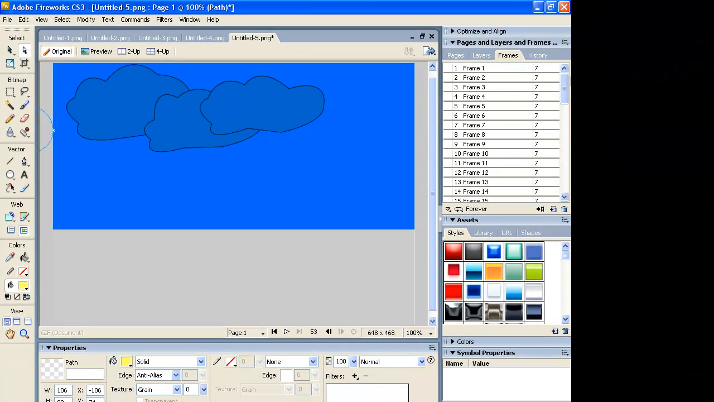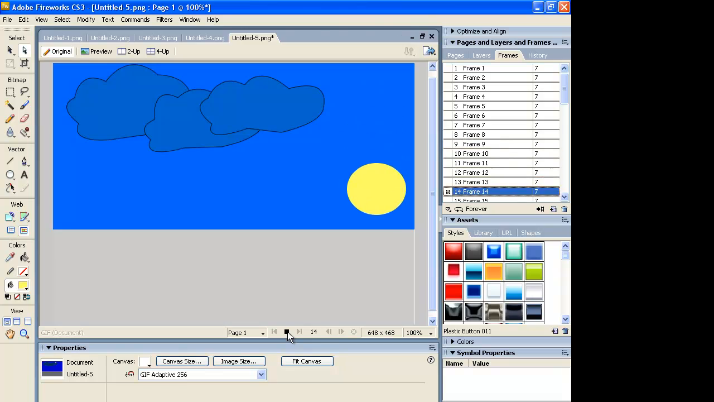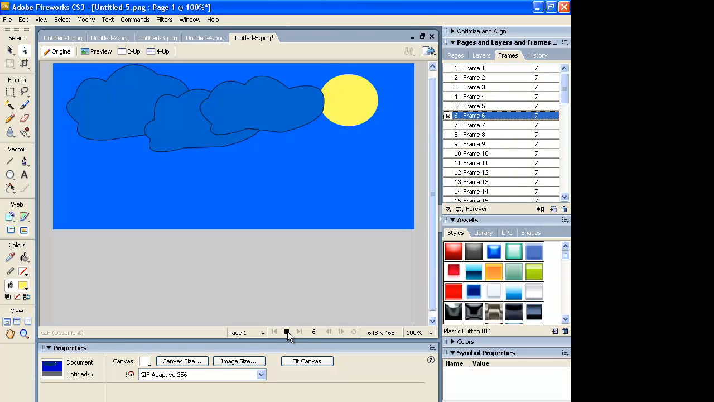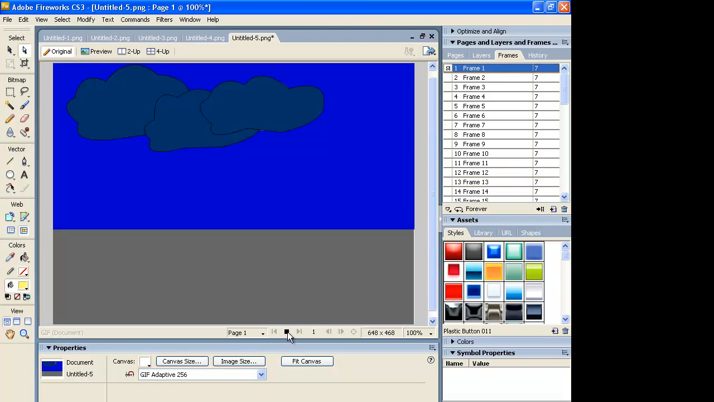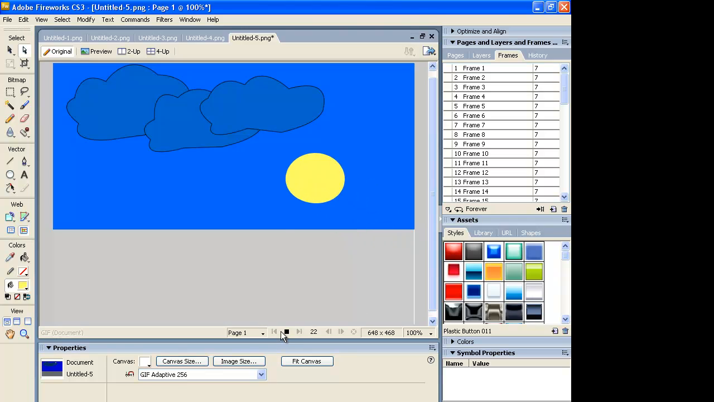Okay, so now I'm done my ball animation. You can see I already have over 50 frames. The more frames you make, the smoother the animation's gonna go. Okay? So, when I play it, this is how it looks. Pretty neat, hey? Now, if you want to slow it down, what I can do